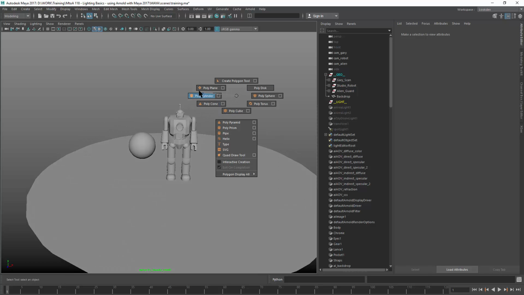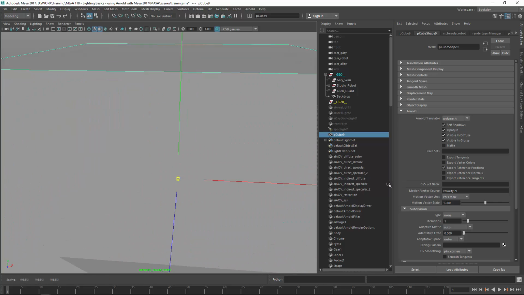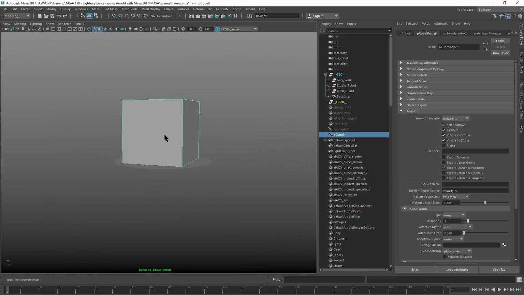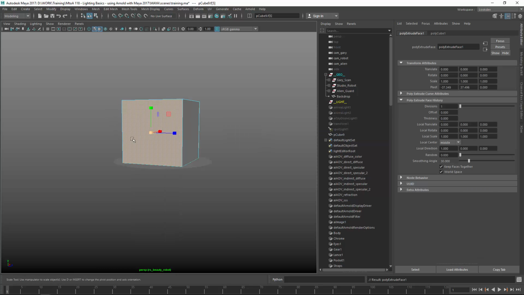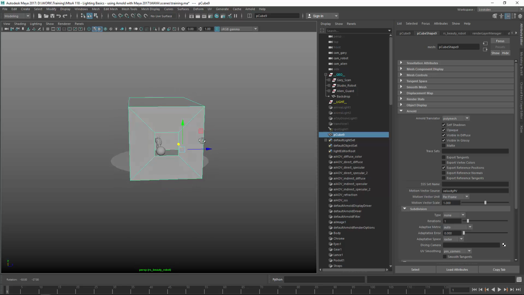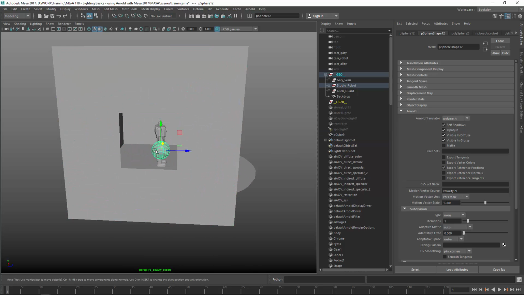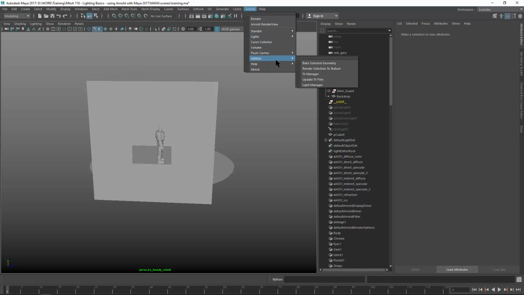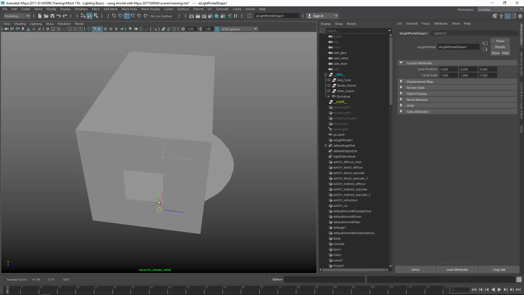If I create a cube, which is now my room, and I snap this and I extrude like so, this is now the window. I delete that and make this more like so. There's the robot, delete the sphere. And if I create the Arnold light now, the portal, light portal, and I snap this here, make this bigger,